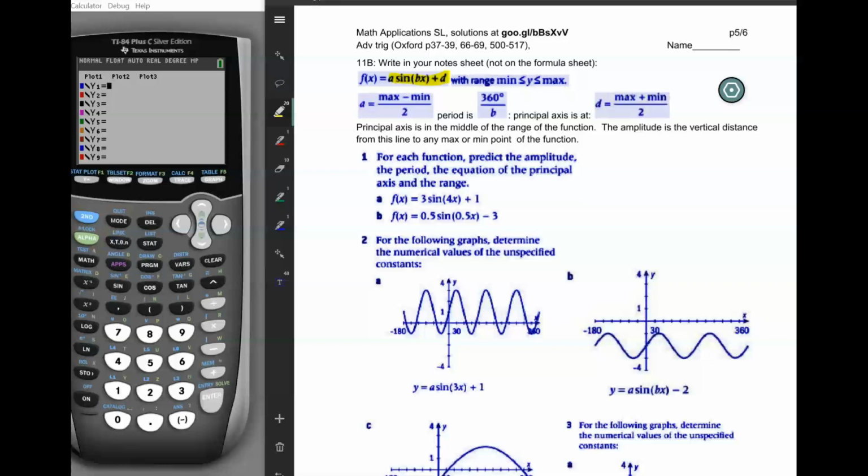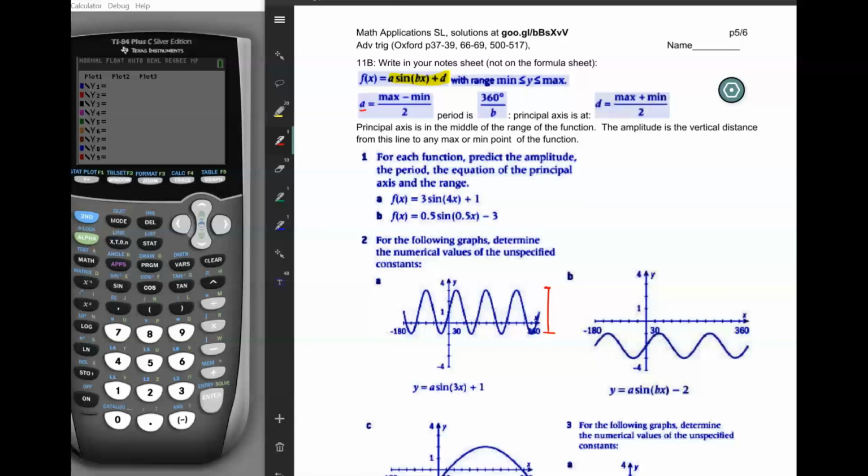Or you're going to look at the function, and then you're going to interpret things like the amplitude, the period, the principal axis. Okay? So I'm going to go through what each one means. For example, A is the amplitude. And amplitude means the height of the function from the bottom of the function to the top of the function